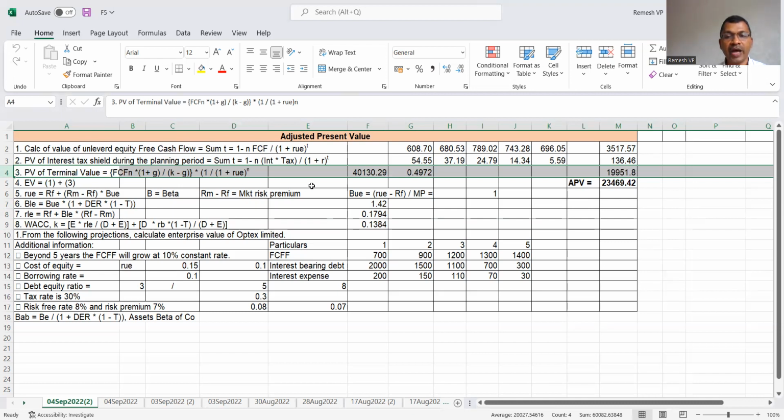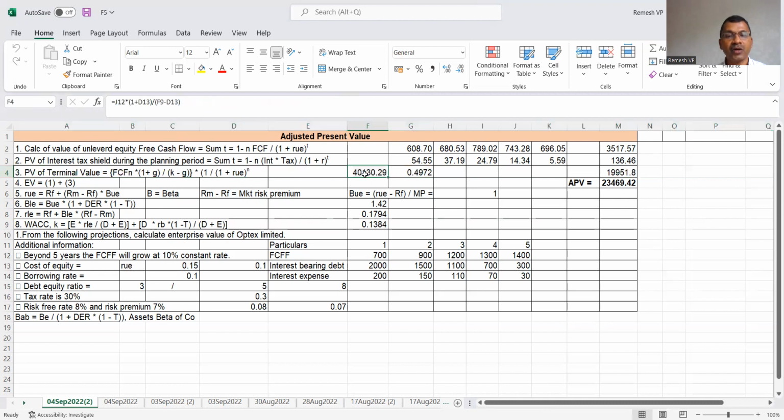And when we calculate that, we get the value of 40,130.29, and the fifth year PV factor, PVIF is 0.4972. Multiplying, we get